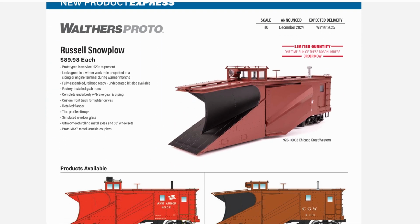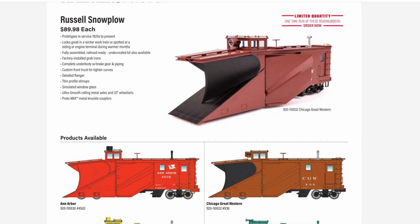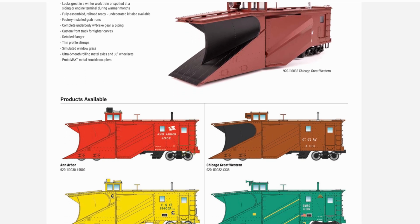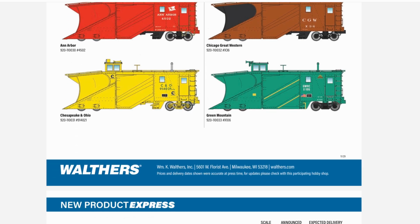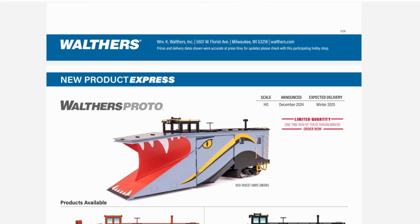And a release that I'm pretty excited for, the Russell Snowplow, also in the Proto line. So they've got some pretty cool offerings. We'll scroll down here and take a look at some of these schemes. I did think at first glance that this Green Mountain scheme was actually the Union Pacific maintenance away, but I was incorrect. But that is a really cool one to see as well. Additionally, here's even more paint schemes. They've got this Jaws version as well